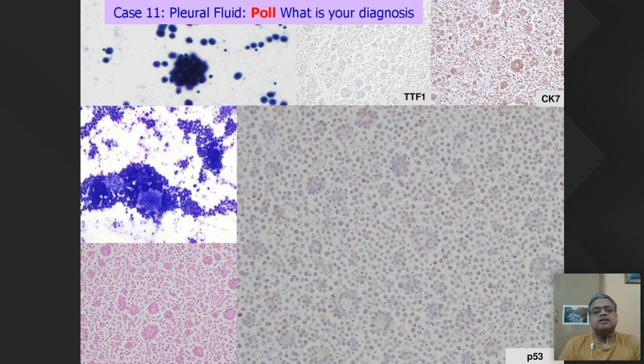Now here we have things which look abnormal, which means that there are these abnormal clusters present. This is the PAP and this is the GIMSA. Almost all of you have called it metastatic adenocarcinoma, but the markers are not fitting. It's a pleural fluid. CK7 is also not very strongly positive. TTF1 is negative. Then this is also the cell block morphology where these atypical